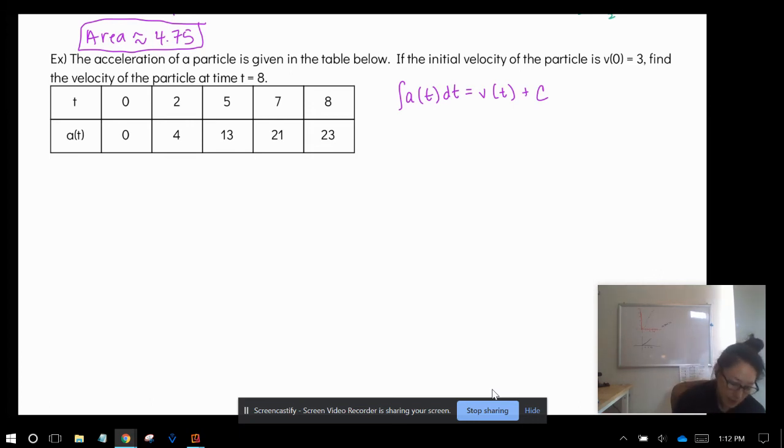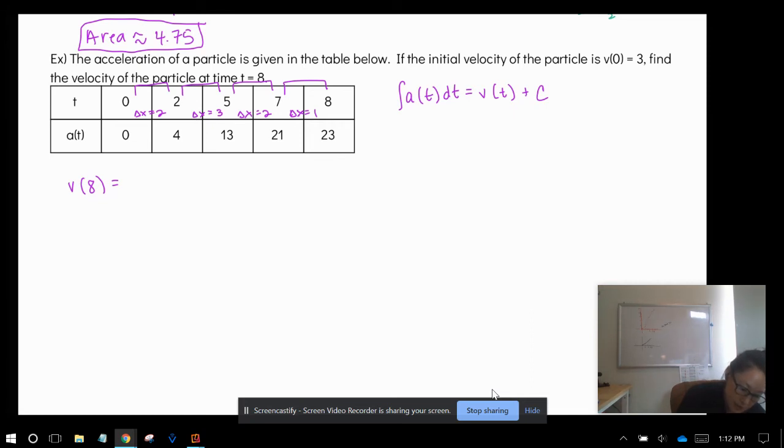Okay, so we're going to find the area under the curve. We're going to split this up into trapezoids like so. Notice the delta x's are not the same, so I see that the delta x here is 2, the delta x is 3, the change in x is 2, and the change in x is 1. So we're going to take the velocity of 8 is equal to the area under the curve,